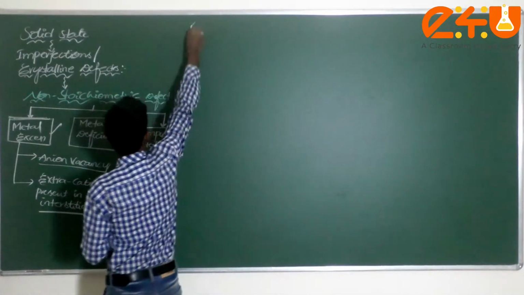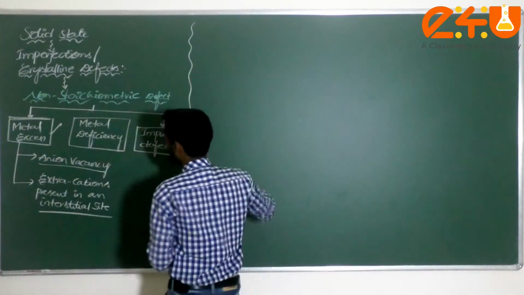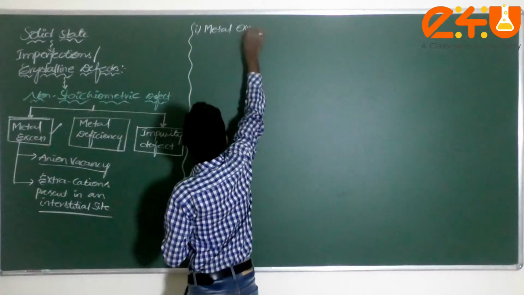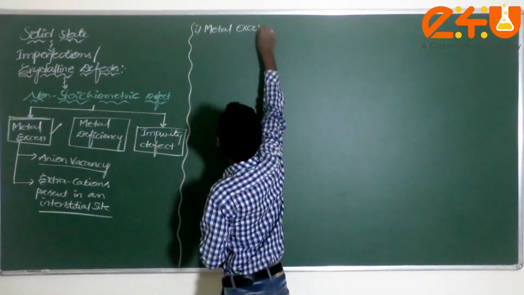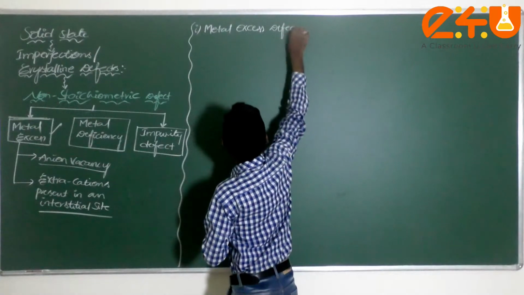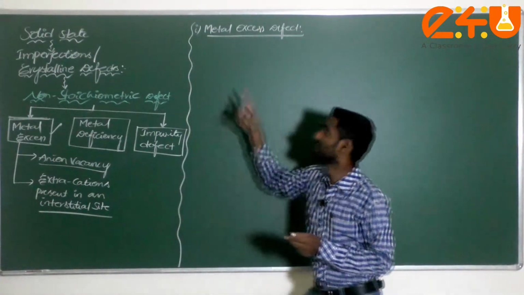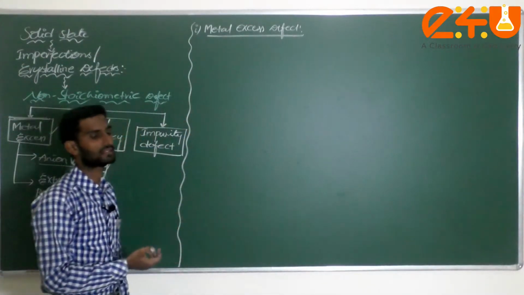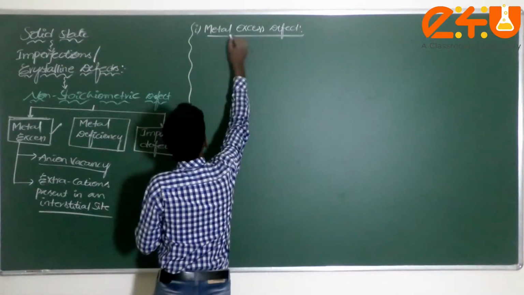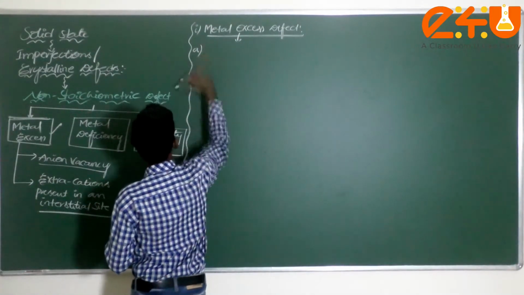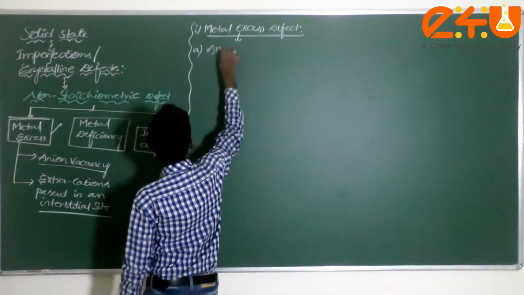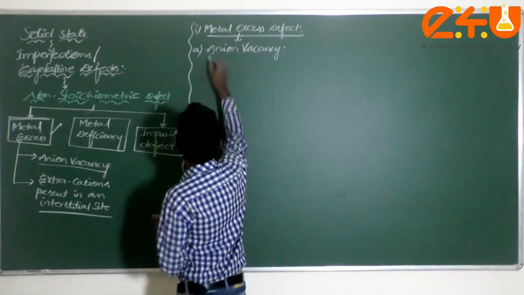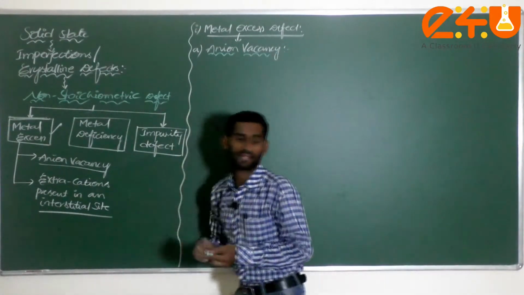Now first we have to start with metal excess defect. This defect arises because a larger number of metals are present in the crystalline lattice. First I am taking anion vacancy. In this anion vacancy defect,